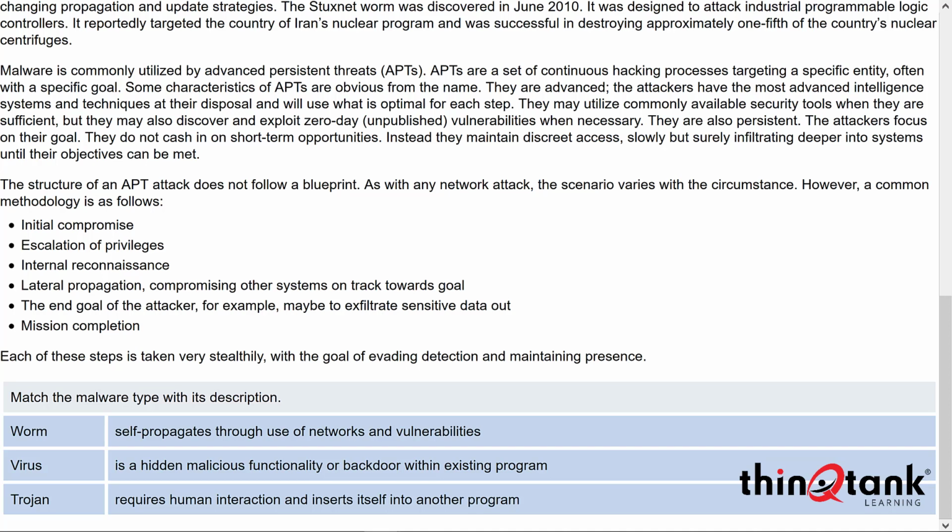Executing APT assaults requires a lot more resources than your standard application attack. So these APTs are typically done by cyber criminals that have a lot of financial backing. They have very sophisticated tools and techniques. They could be government funded. Stuxnet was an example of a government funded attack. I don't know that it would necessarily be considered an APT, but it was a government funded attack,